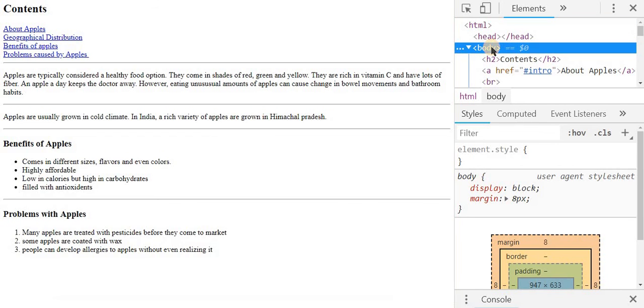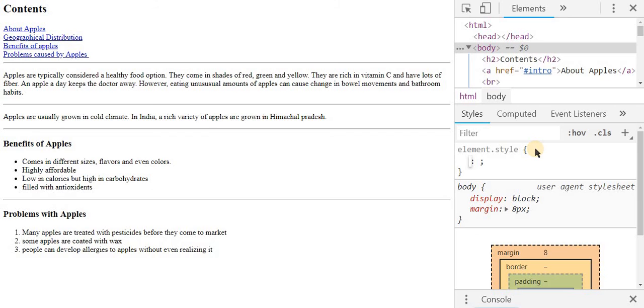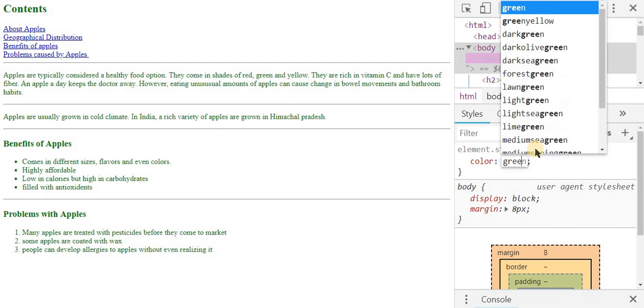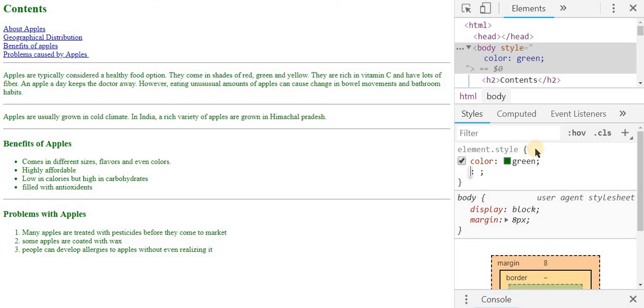So I'll just select the body element and now I'll apply some styles to this body element. First I'll apply color. Let me set the color to green. Now we can notice that all the elements, the headings, paragraphs, lists, even the HR element has been assigned the color green. We can notice that the links are still blue, but that is because of the default coloring of the links. So it is actually safe to say that all the elements under the body in the HTML page have